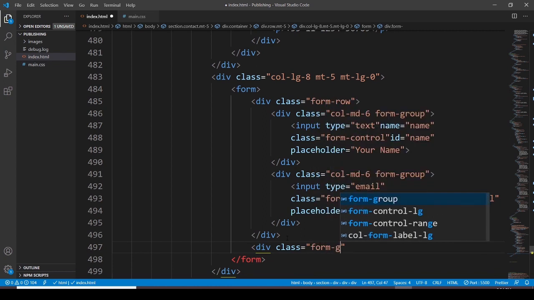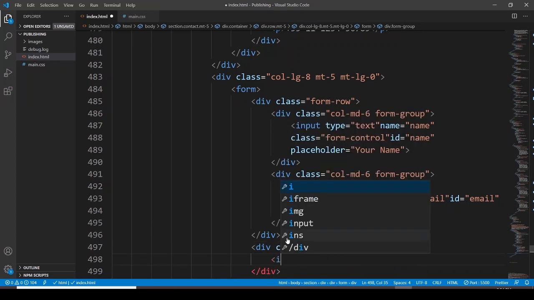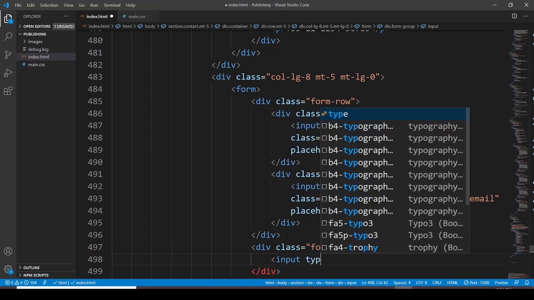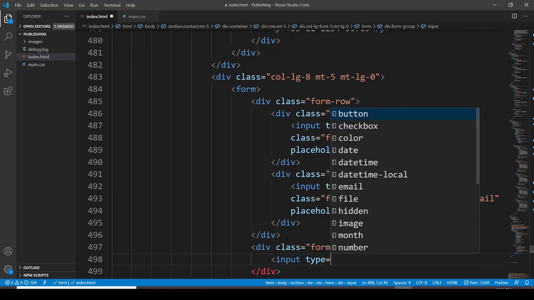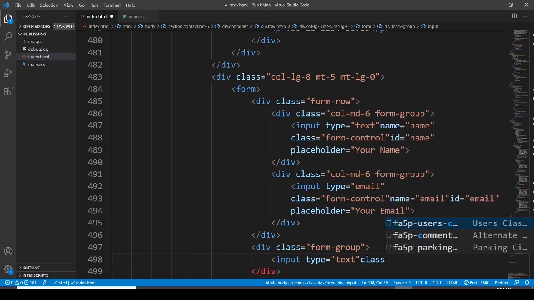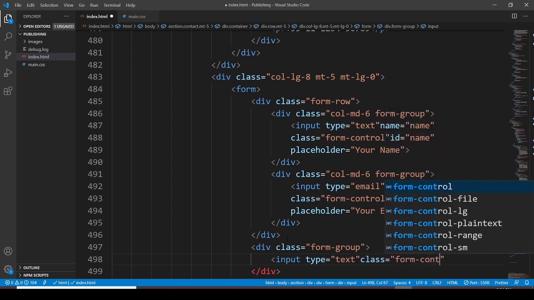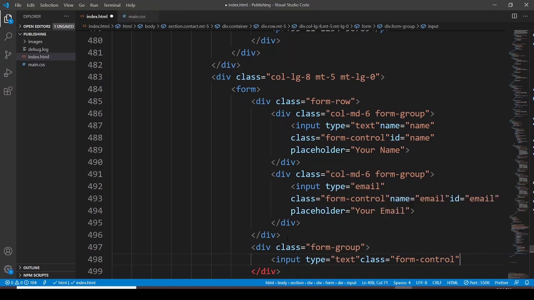So form group, and then we have to use input element. The type of this input element is going to be text, and then we have a class here. The class is going to be form control, and the name is going to be